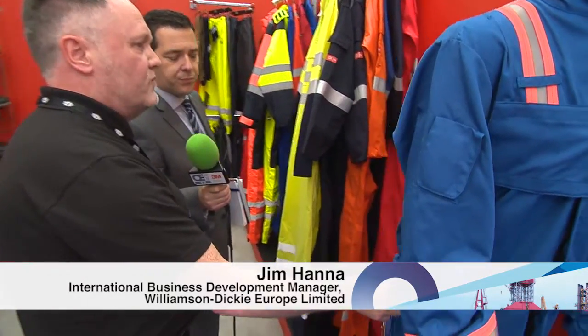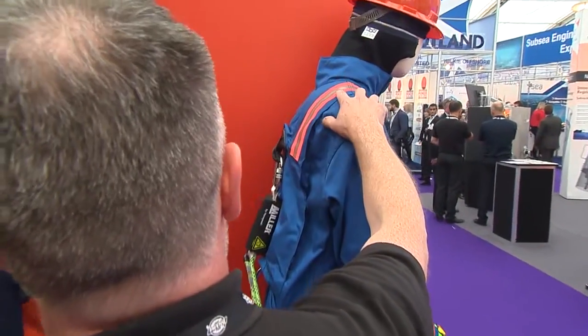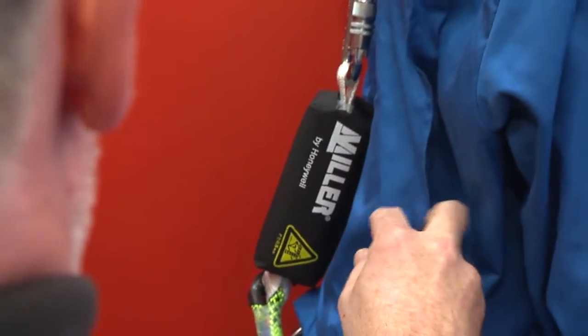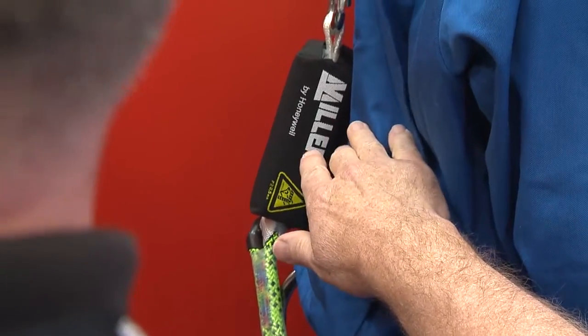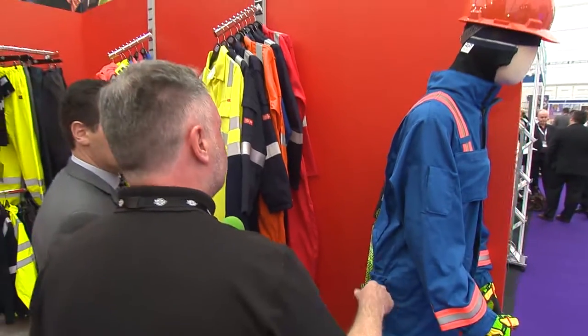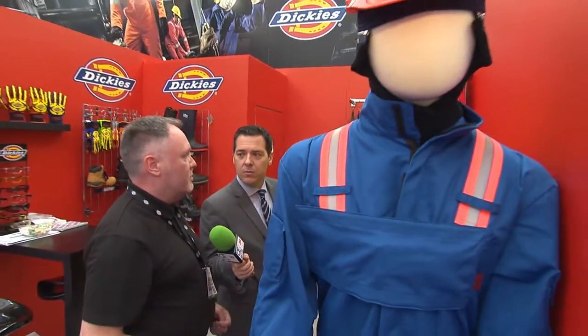It's lightweight, it's comfortable. Unlike a normal harness, it means that he's not restricted. There's less chance of being caught, especially in confined spaces. It's very important to note that it's tested to 145 kg. It's also flame retardant. We've also tested it after it's been subjected to flame engulfment. So we've had the coverall with the harness ensemble in a flash fire test. After the flash fire test, we then tested the actual coverall with the harness, and it still passes. So in a worst case scenario, if guys are involved in a flash fire and falls from a height, it should